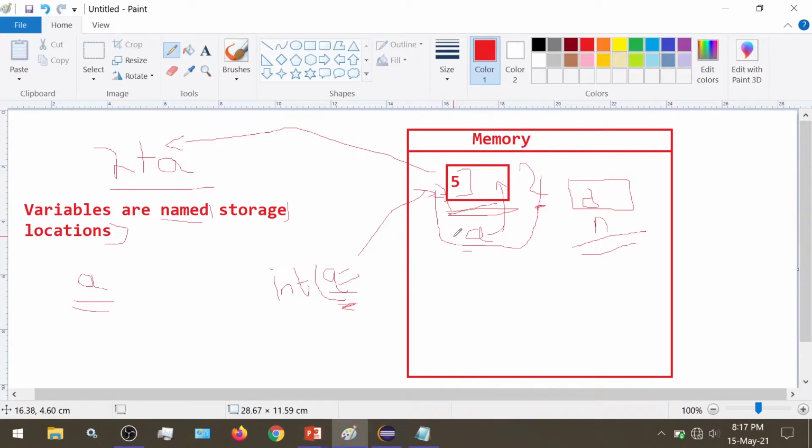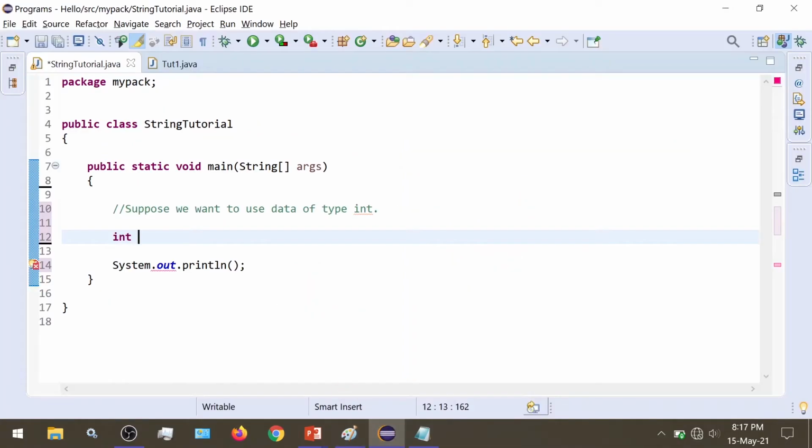Here we give the name a to our storage location where 5 is stored. We can give any name which follows Java's naming convention, which we will look at later. I can even give myData or something; any name that follows the naming convention is valid. This is also called an identifier. Then we give a semicolon to indicate the end.